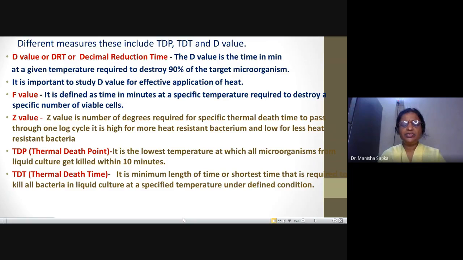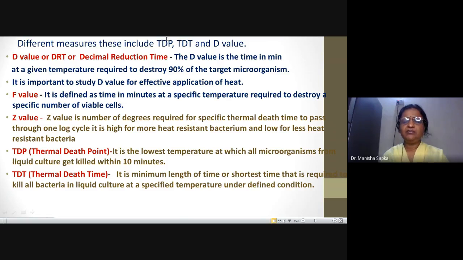At the same time, suppose we are killing organisms. Where do we require to kill organisms? Yes, we require this killing in sterilization. So suppose you are doing sterilization. In that case, you have to kill the organisms by using temperature. Secondly, if you are cultivating organisms, for example in fermentation, you must know the proper temperature for growth. So for cultivation of organisms, and at the same time for killing of organisms, for both these cases we must know some values. We must know some parameters. Which are these parameters? These different measures include